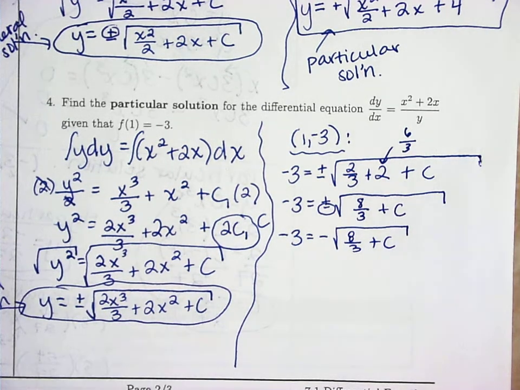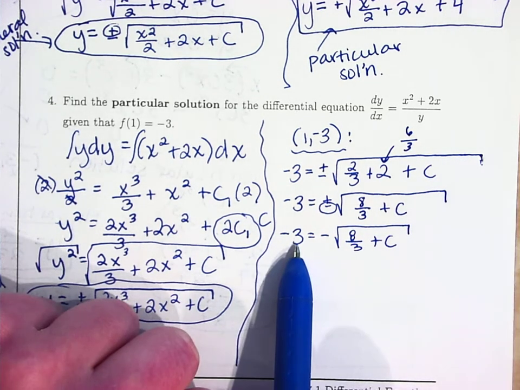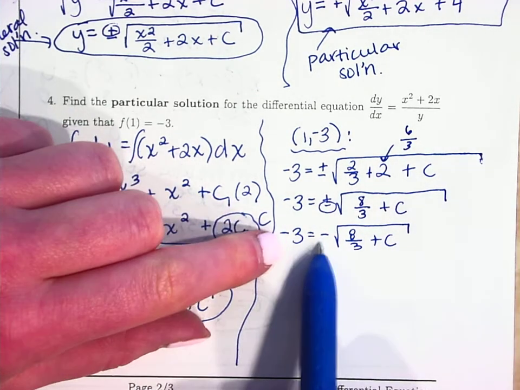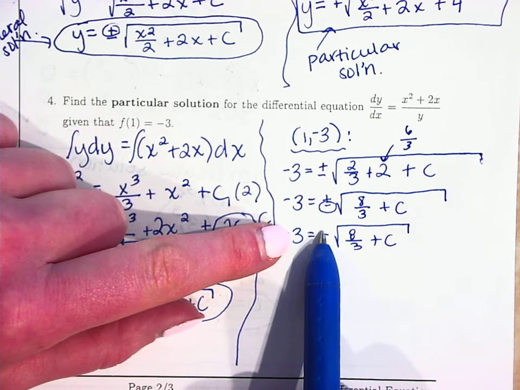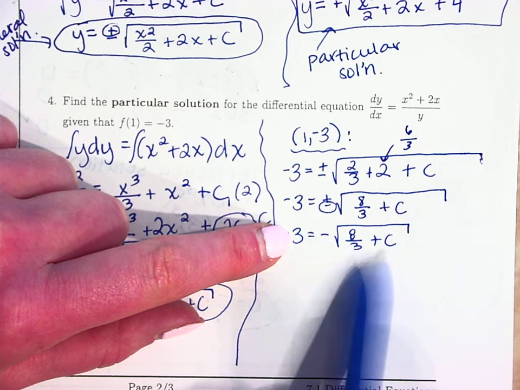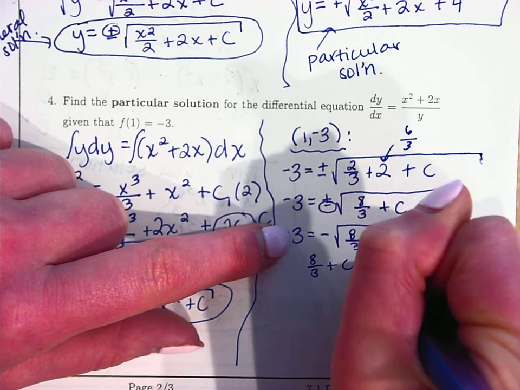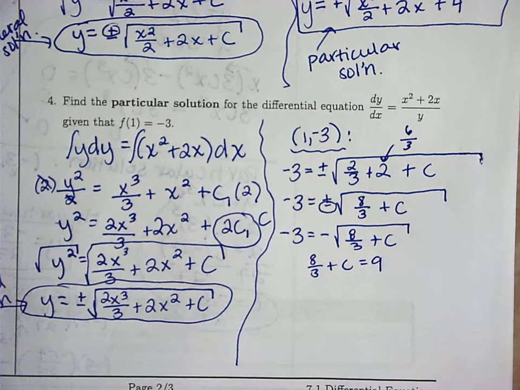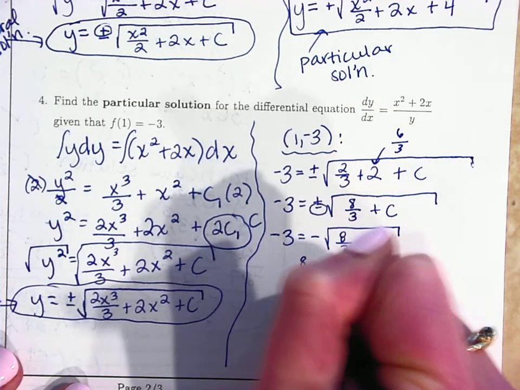Okay. In order to get 3, because we have this negative here, what do you have to take the square root of in order to get 3? 9. So now I'm going to set 8/3 plus c equal to 9 and solve for what c should be. Okay, so if I subtract 8/3 from both sides,